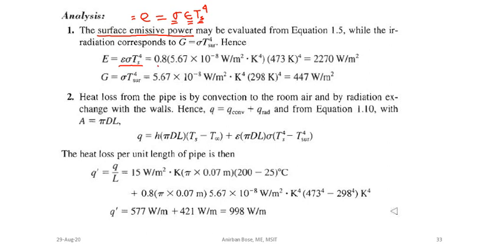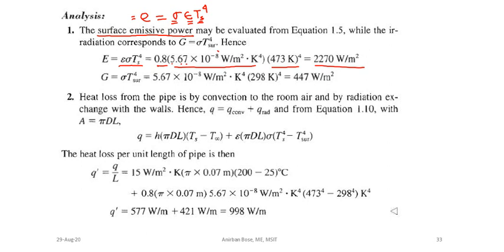All these values are given. Epsilon is known, sigma you know, it's a universal constant, and Ts is 473 Kelvin, so you have to convert it into Kelvin and you will get the answer. Remember the value of sigma, which is very important: 5.67 into 10 to the power minus 8, and the unit is watt per meter square Kelvin to the power 4. You can remember it in this way: the numbers 5, 6, 7 and the power is 8. That might help you to remember the value of sigma.